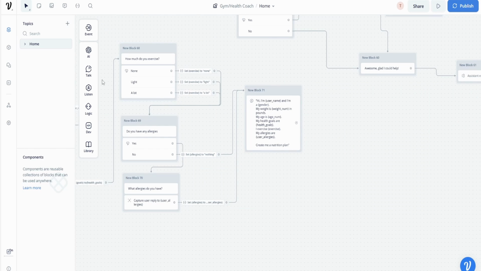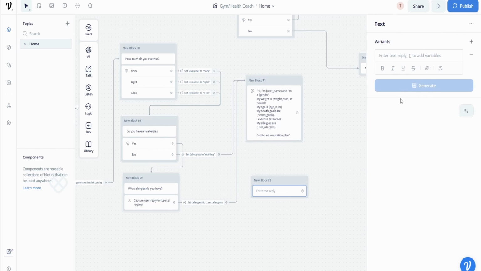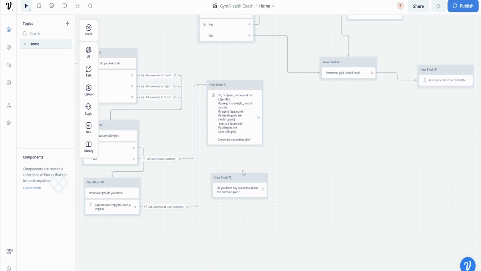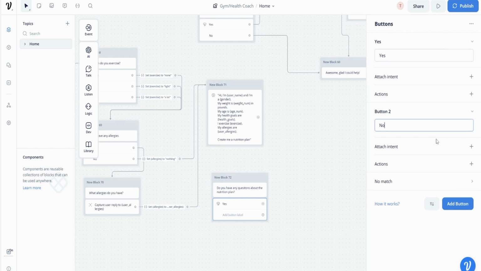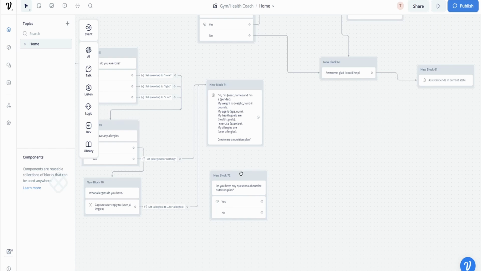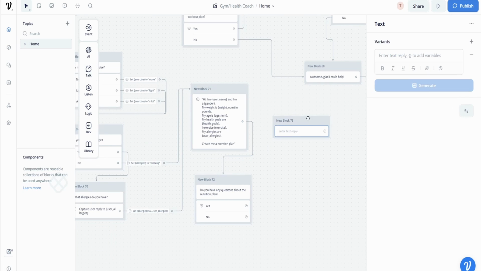So yeah, that is a question. Now, follow up, we're going to ask, do you have any questions about the nutrition plan? And we'll add the buttons of yes or no. We don't need to set actions for this. We don't need to store this stuff, so we're good. And let's say they do, well, first we're going to drag this here. Let's say they do, then we'll ask,